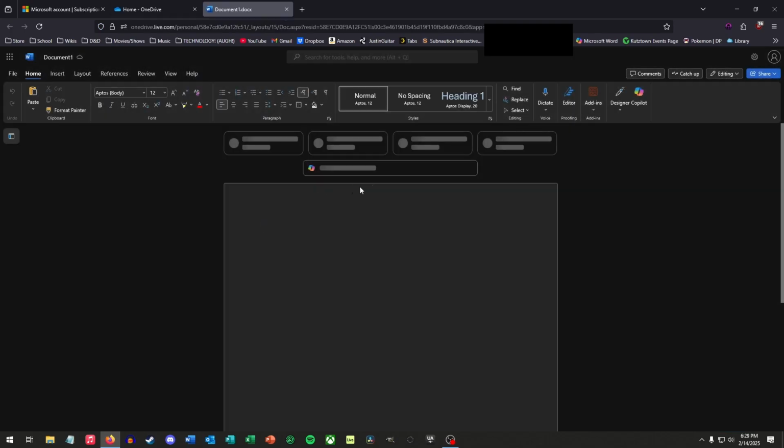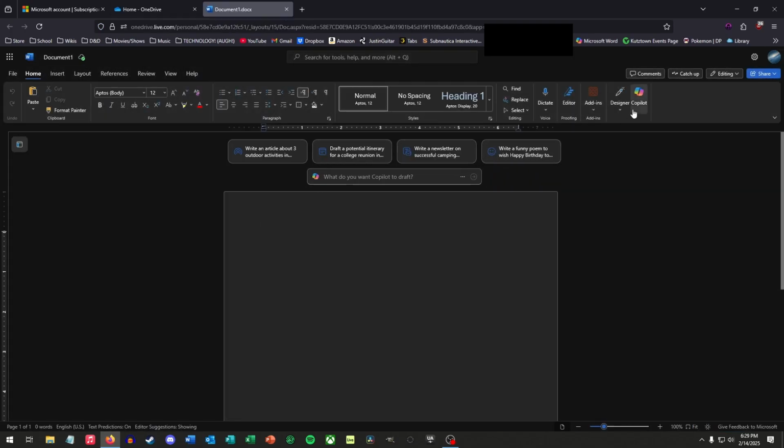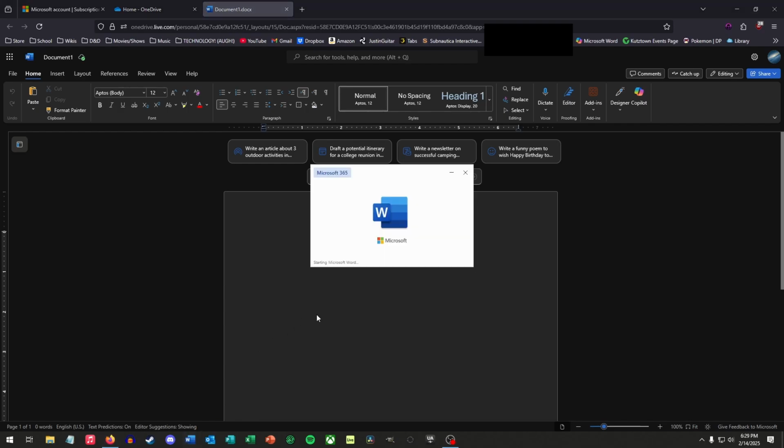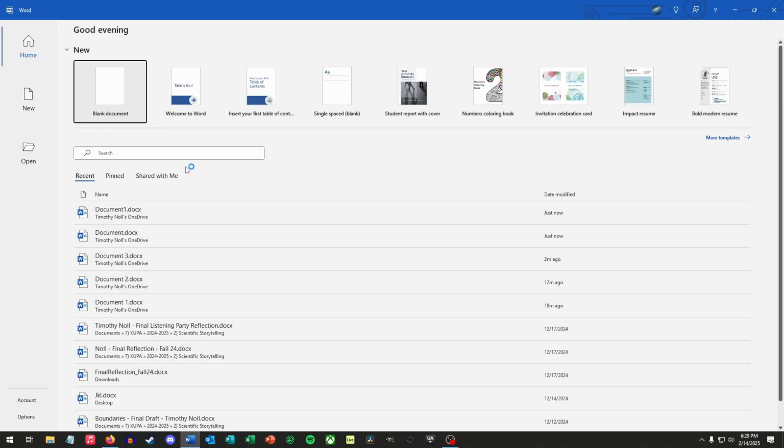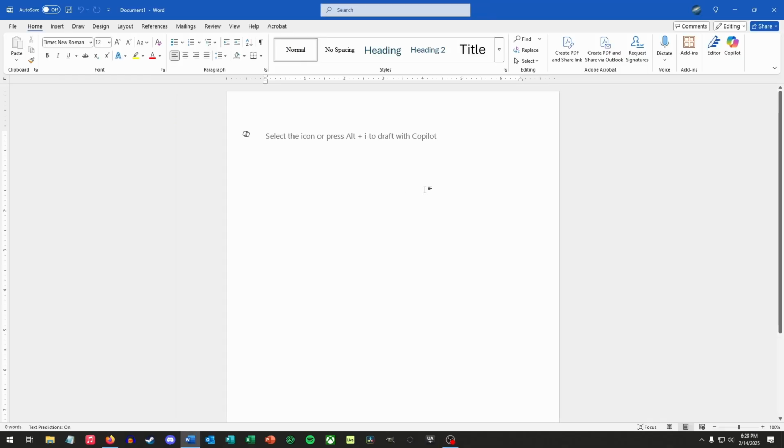A little disclaimer here, you can still see Copilot stuff in Word online. I also opened up a new Word document in the desktop program. Yep, Copilot's still there. I'm pretty sure it'll be a little less invasive when I pay for next year's subscription though. Either way, I'm saving money. But there is a way to make Copilot leave you alone in the desktop app, as I mentioned before. Unfortunately, at the time of this video, I'm 99% certain that this will not work in other programs like Excel or PowerPoint.